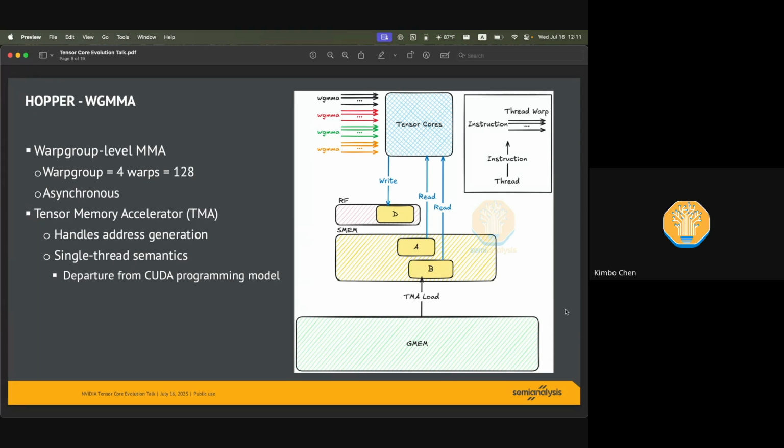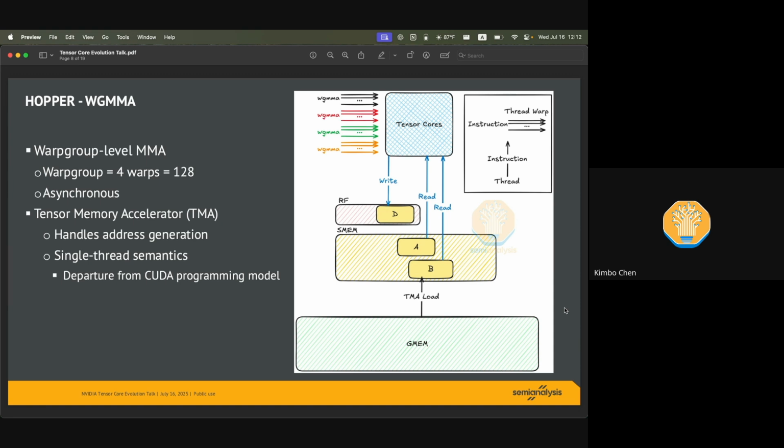In the matrix multiplication flow, another new component is the tensor memory accelerator, also known as TMA. TMA is a dedicated hardware unit for accelerating the memory loads from global memory to shared memory. What it does specifically is that it handles address generation, which is typically done by threads and CUDA cores. So by using a dedicated hardware unit to do so, you could free up the threads to do other operations,